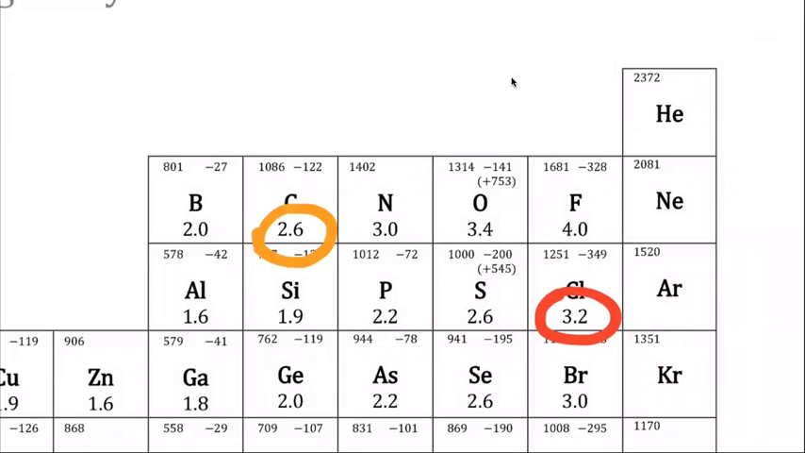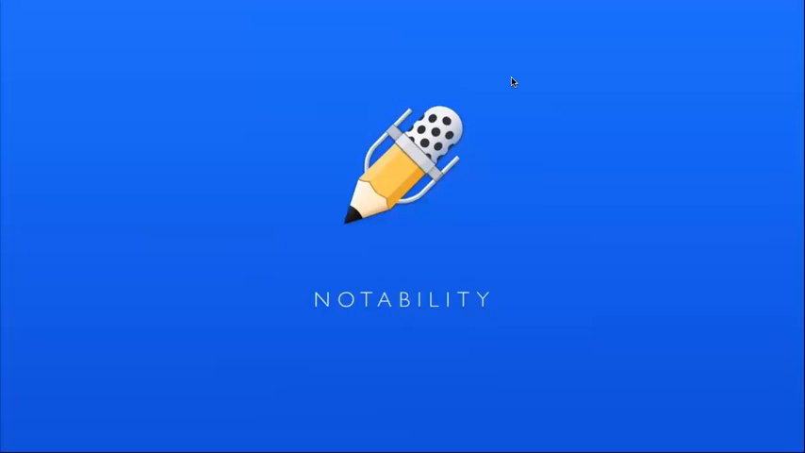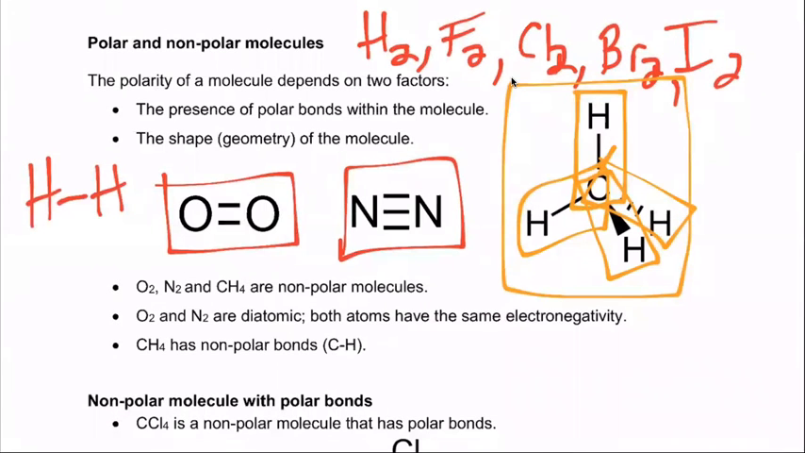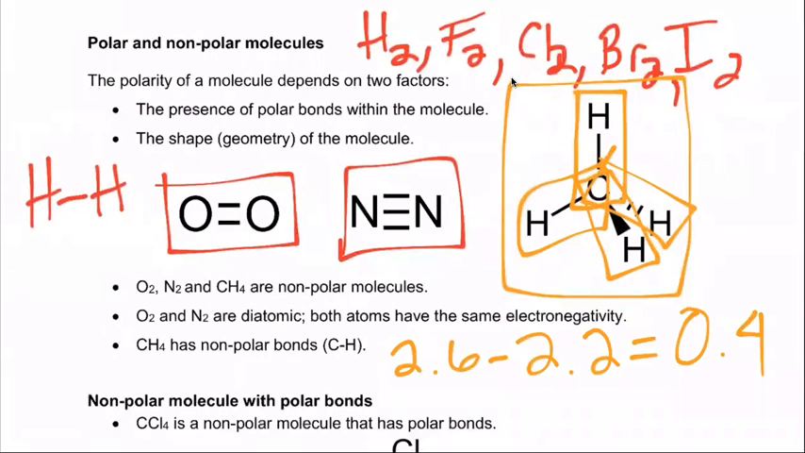2.6. Okay. So now let's go back and subtract 2.6 minus 2.2. And so when we subtract, we get 0.4. And that falls into the range of nonpolar. It's right on the edge, but it technically is nonpolar, okay? Because remember, nonpolar is 0.4 or lower, down to 0. And so because each individual bond in here is nonpolar, that means the entire molecule is going to be nonpolar,